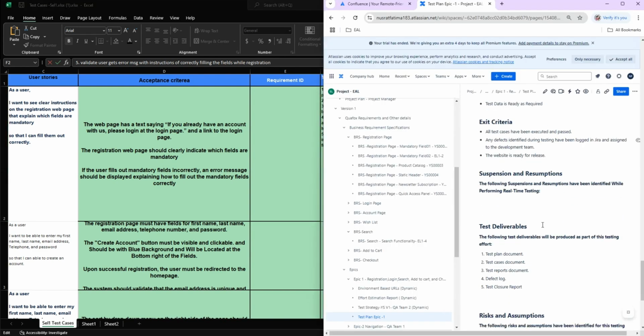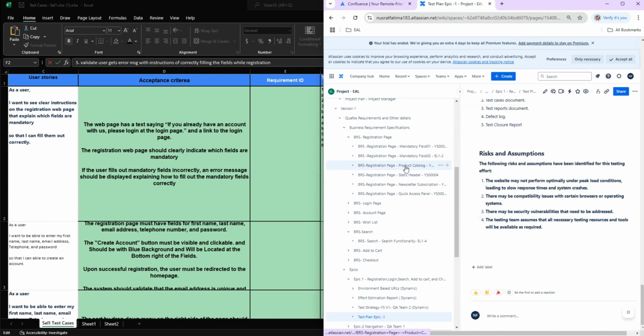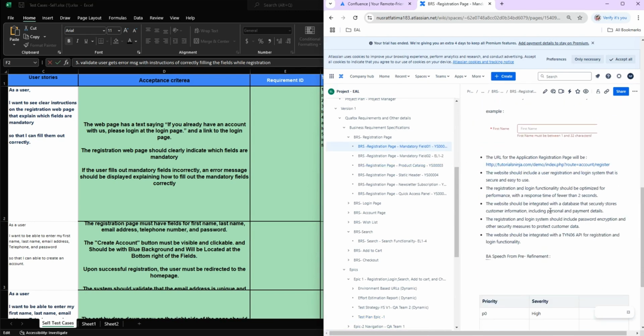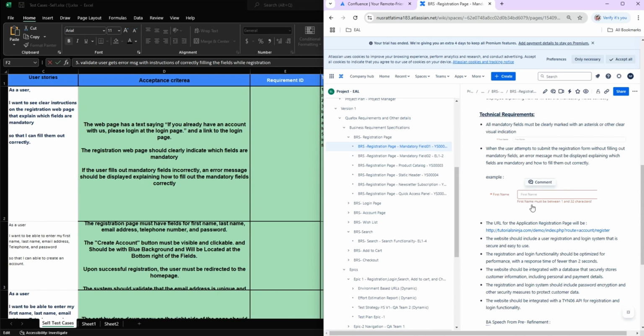Okay, I'm talking about this part actually. No, not this one. Yeah, as you can see, this is a part of the technical requirement. So when the user attempts to submit the registration form without filling out mandatory fields, an error message must be displayed explaining which fields are mandatory and how to fill them out correctly. This is for before putting down any information. All right,